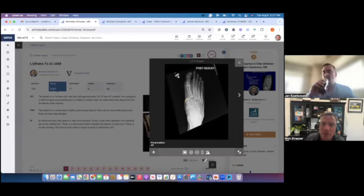Getting a history is so important too, because I've seen this X-ray show up in a diabetic patient with Charcot arthropathy look almost exactly the same, but without any trauma, right? Or it was a very subtle injury, and it's been going on for weeks. And so being able to discern whether this is an acute injury with sudden displacement versus a gradual displacement or a Charcot presentation is important as well, because you can get the call